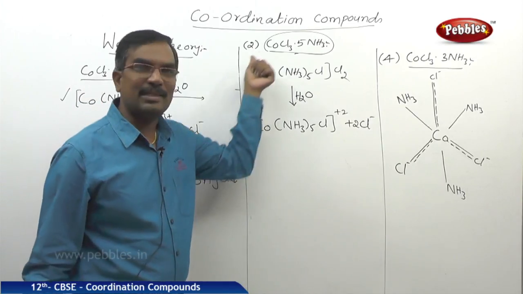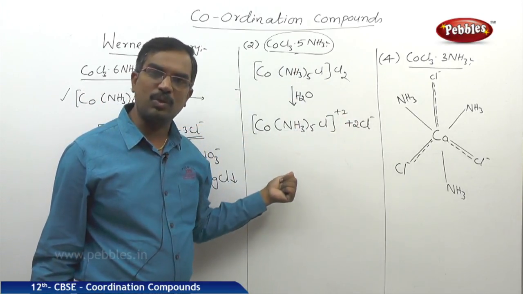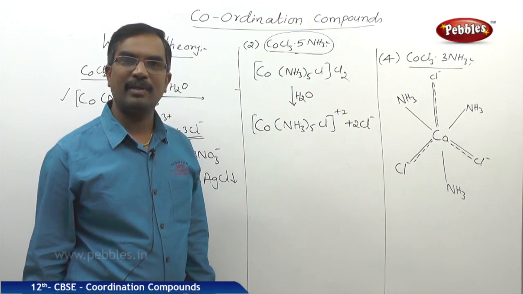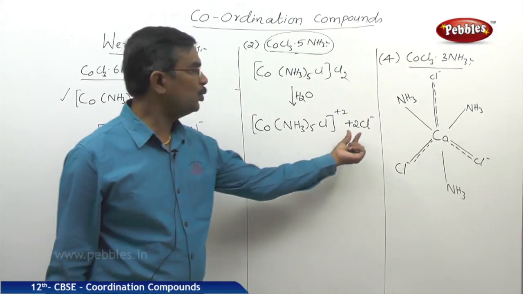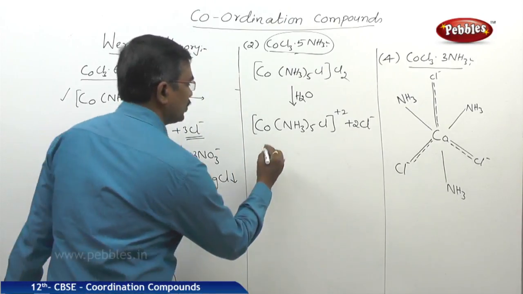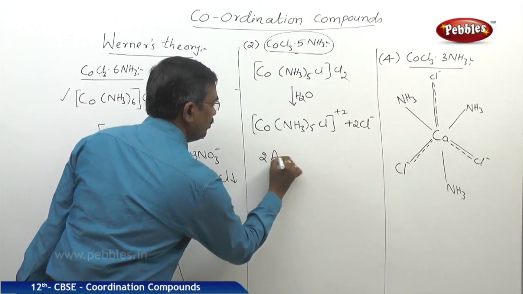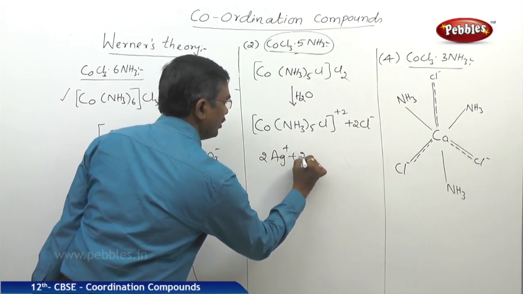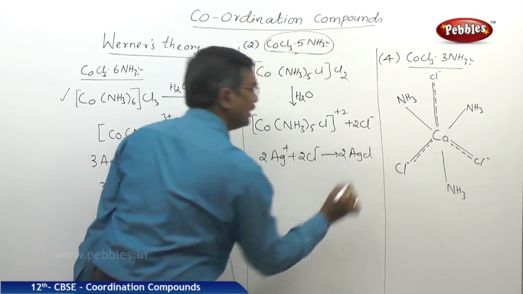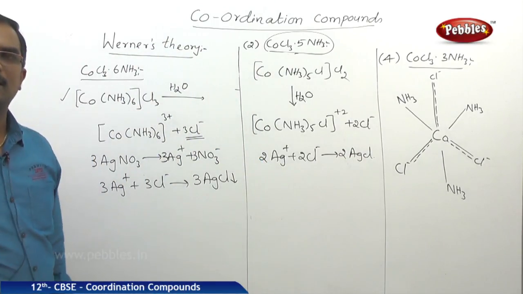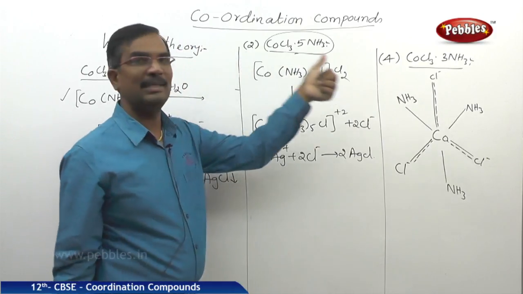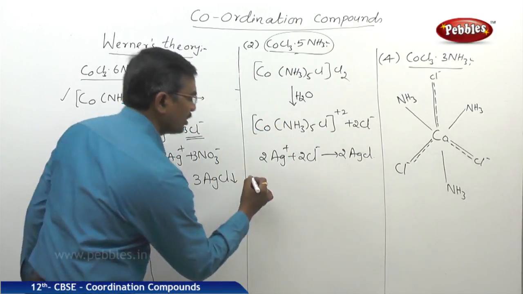That's why if I take the aqueous solution of this complex and add excess of silver nitrate AgNO3, definitely 2 moles will be precipitated. In the resultant solution, 2 moles of Ag+ will provide 2 moles of AgCl. This is how we can see the second one. And coming to the third case,